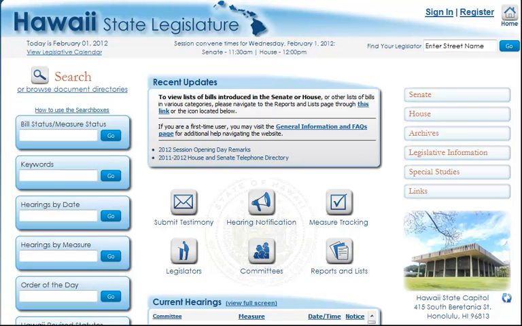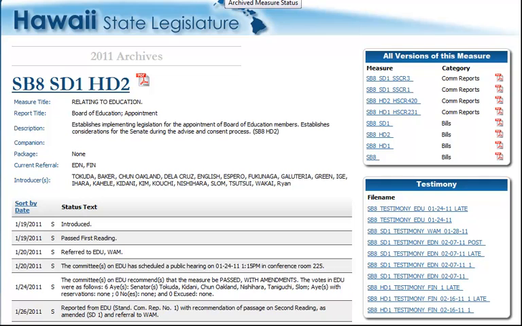Finding the status sheet is easy with the legislature's new website. You take a look at the first box in the upper left-hand corner that says Bill Status / Measure Status. The reason it includes Measure Status is because the legislature also takes a look at things called concurrent resolutions and resolutions, and those are the other measures referred to here. But for our purposes, we're just going to take a look at bills because bills have the force and effect of law, and resolutions don't. So we would put a bill number in here, let's say this one, and click Go, and that would take us to the status sheet.